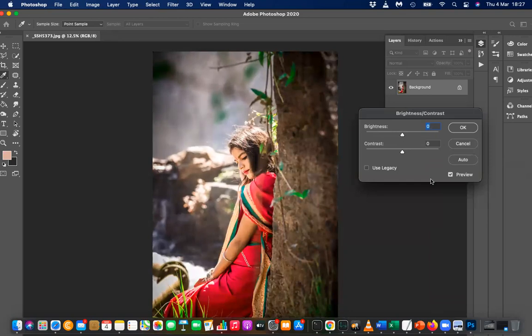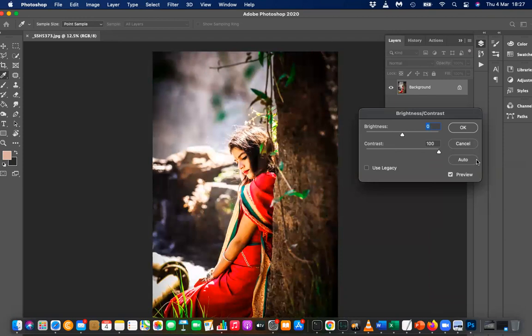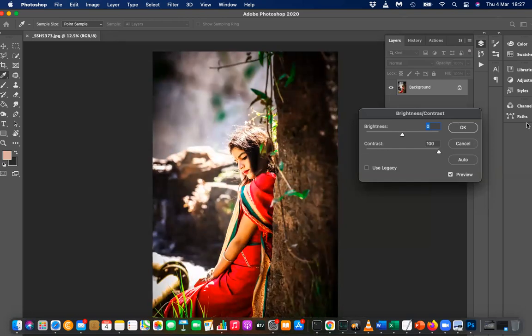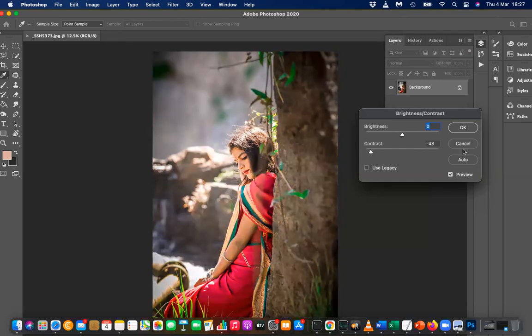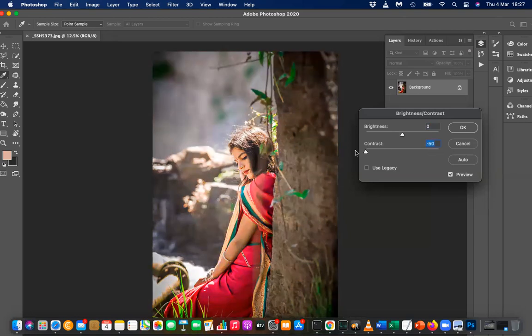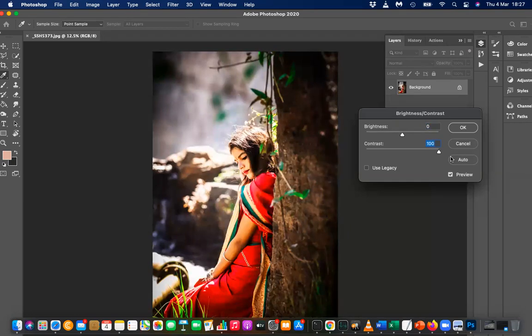Okay, contrast. Contrast is the second one. See, if I reduce the contrast and increase the contrast, reduce the contrast, increase the contrast, what will happen? Here I reduce contrast. Here I increase contrast. So what happens when you increase the contrast? No idea. Okay, this is what it looks like when the contrast is reduced. See the image, there's a girl. Now contrast is reduced. I'm going to increase the contrast. Now contrast is increased. So what's the difference?